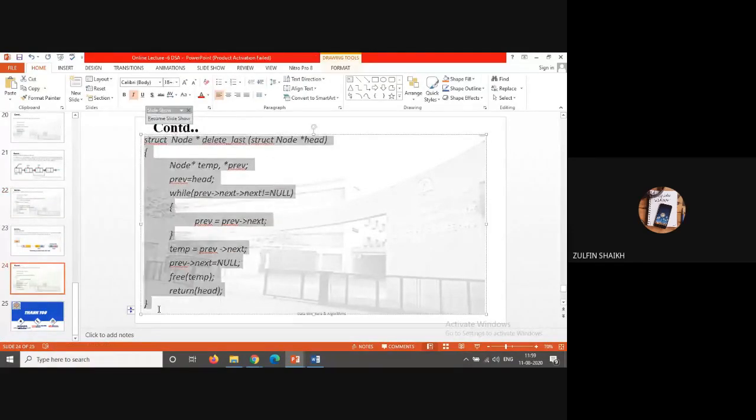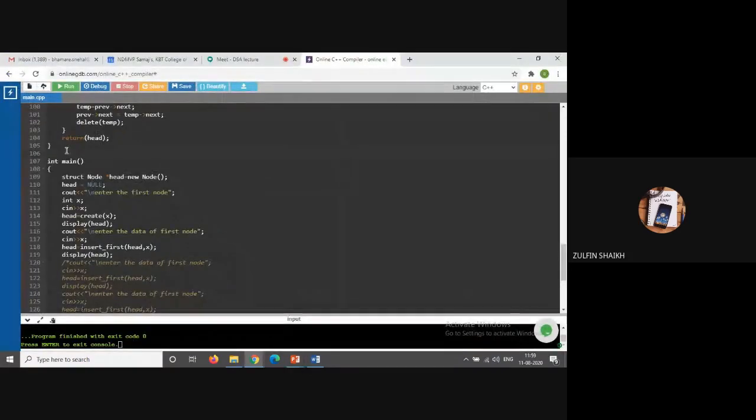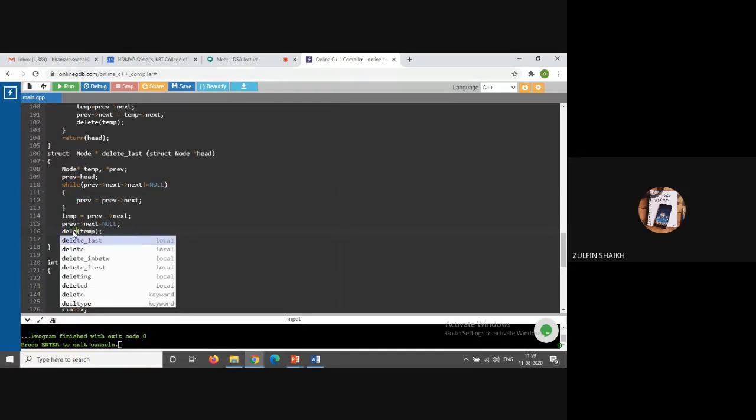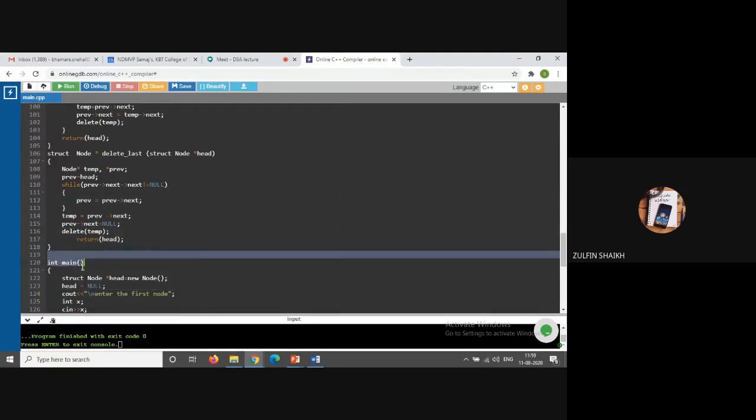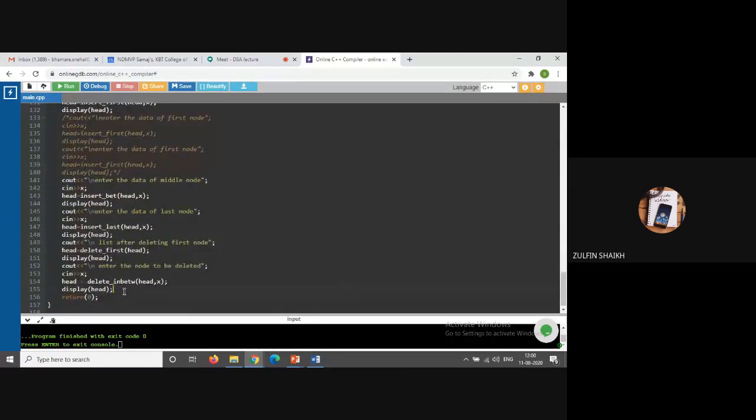Okay, so this is the function for delete at last, and making the free as delete. I have to call this function after delete in between.